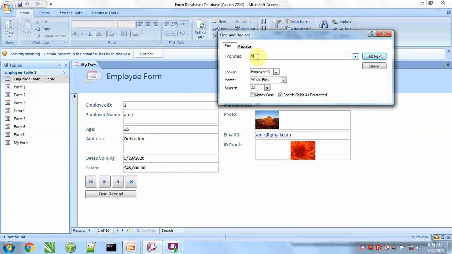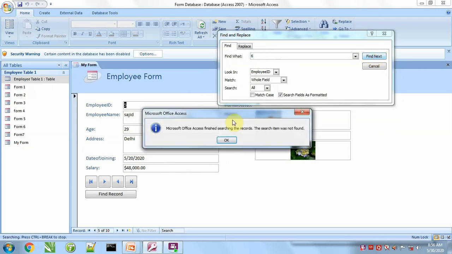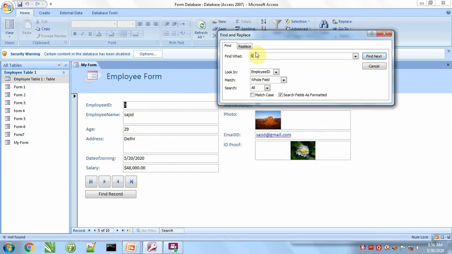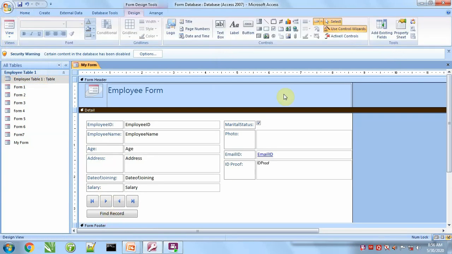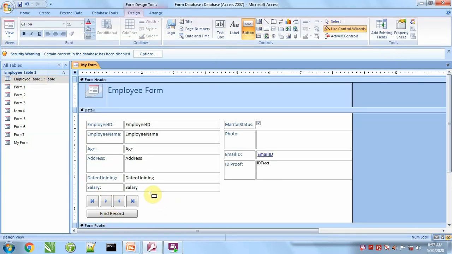If we write 5, we can see it shows the fifth record. If we say 6, it shows the fourth record. So like this it will bring us to the record that we are looking for. This is the use. And the find next button is already present, so there is no need to add a find next button over here.